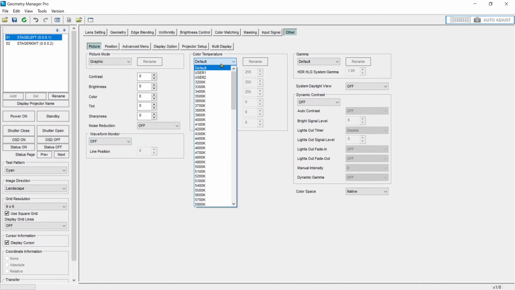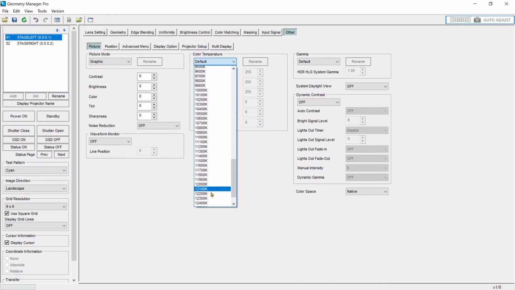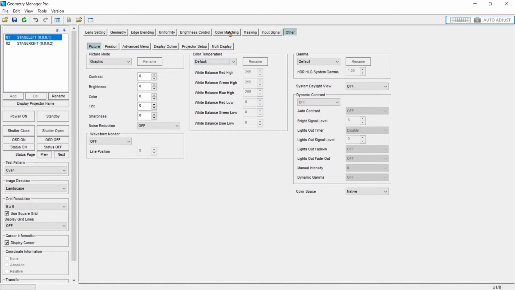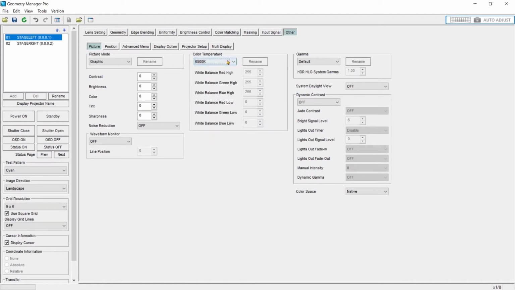Our color temperature is currently set to default. If you have any color matching turned on, this is going to be overridden and set as user, because the color matching does override white values. But if we're not utilizing color matching, we can come into here and set a manual color temperature, say 6500, or